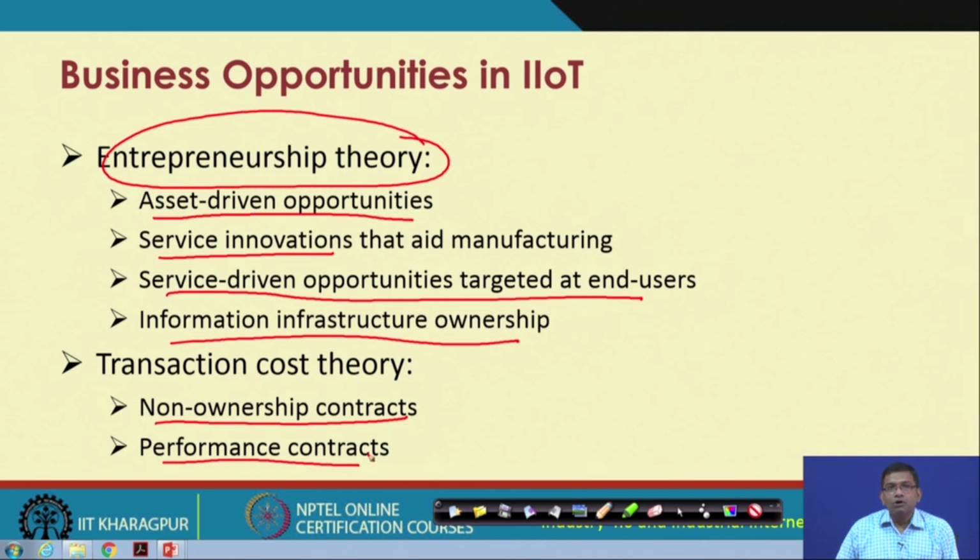So, these are contracts between the service providers and the service consumers, basically the company as well as the end users who are consuming. These are the different negative aspects that will also have to be considered, and these come under the transaction cost theory. So, we have the enterprise theory and then we have the transaction cost theory.